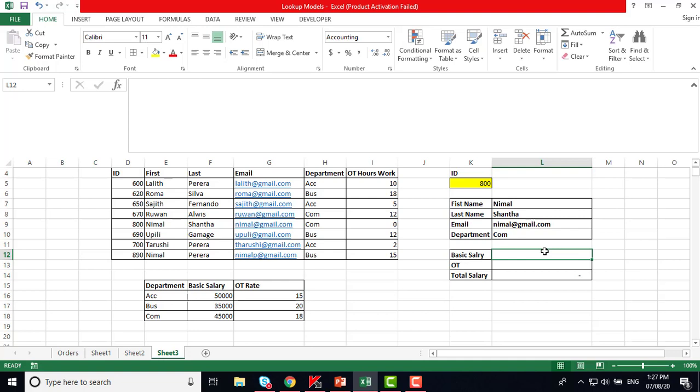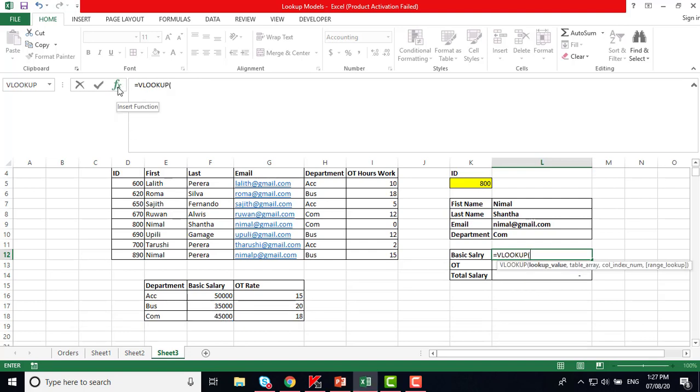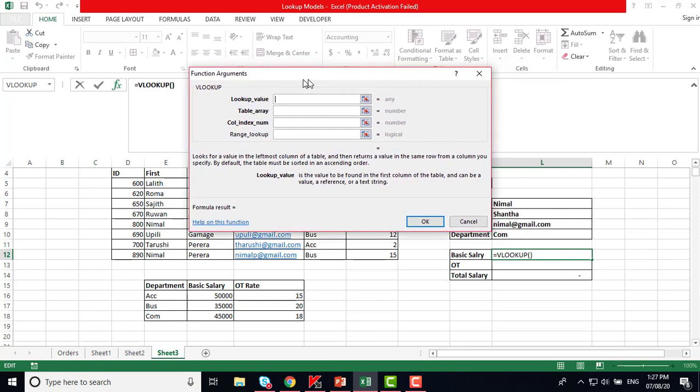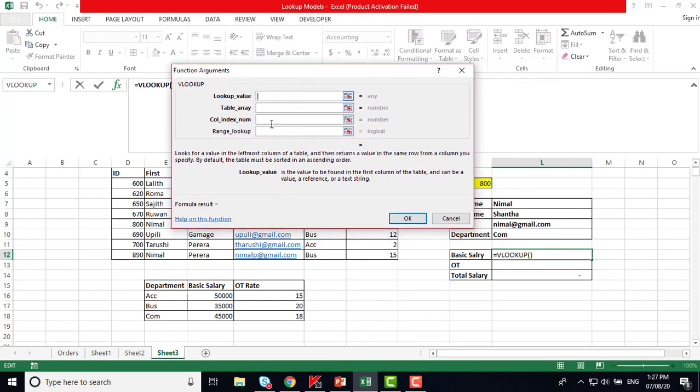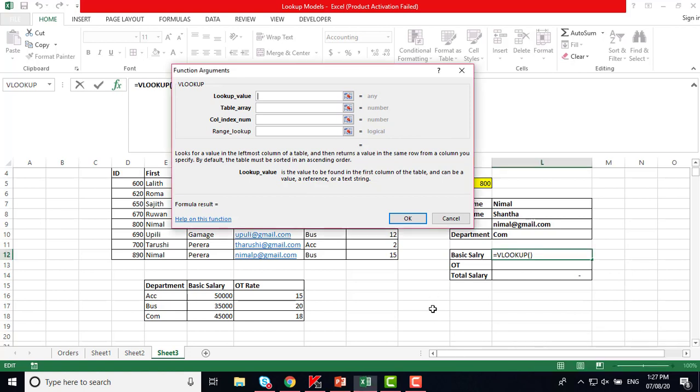Now let's look at how to do that. I'll be using again the VLOOKUP function, what we have learned already. VLOOKUP function, open up. This time I will go to the argument window, which will be much easier for beginners or people who have difficulties typing. This is the argument window. It is much clearer to all of us, whereby we can get all the information very accurately. Now in this argument window, we can come to the individual cells and enter the required information.